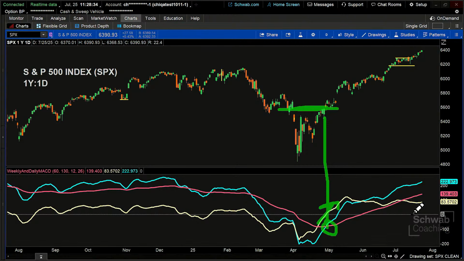Because let's just correlate this to what else we know about technical analysis. What did we have in this time frame? We had a skewed double bottom, and that entry signal basically comes on the breakout of that price pattern above a resistance level. It doesn't always happen that way, but it nicely lined up there. So if you're looking at a way to confirm what you're seeing on a technical price pattern on a longer, intermediate to longer term time frame, this weekly and daily MACD may be a complementary tool to help you make a decision.